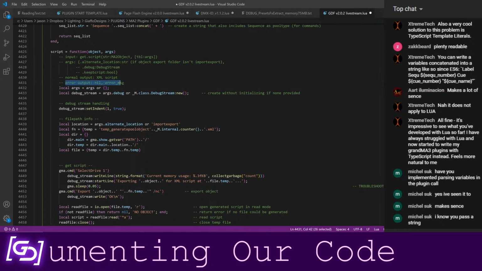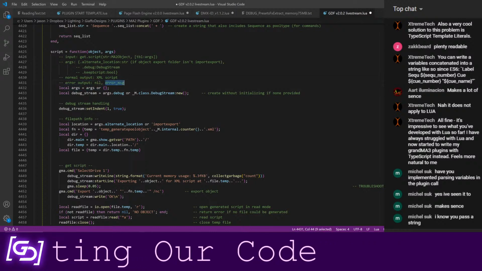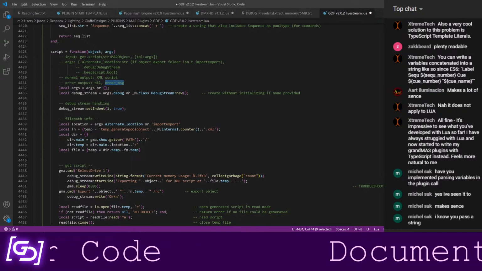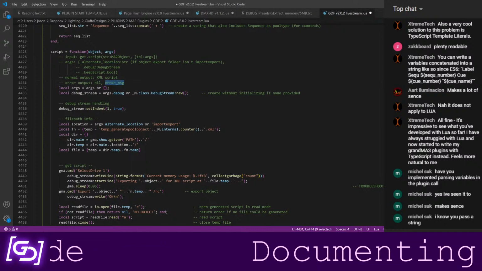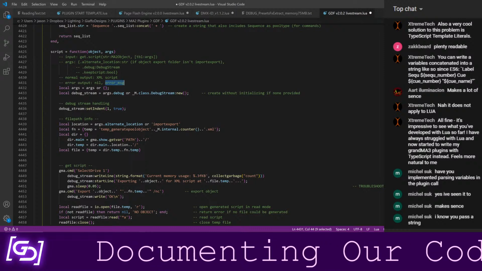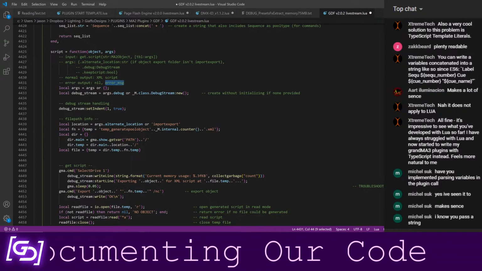And if I get an error, I know I'm expecting nil and then an error message. So if I'm going to call this and I'm saving the script to a variable, I want to try to catch an error message too, so that I know if something showed up in this second return value, that a problem happened.